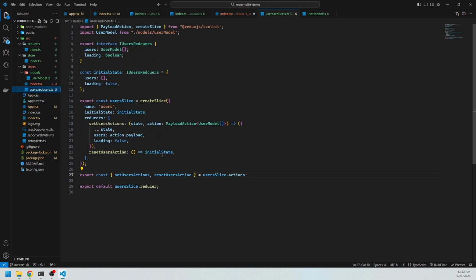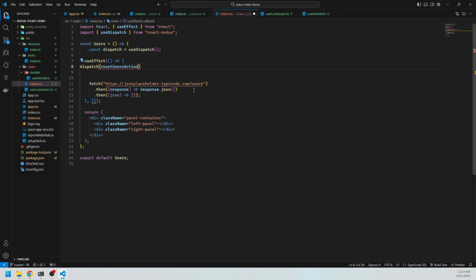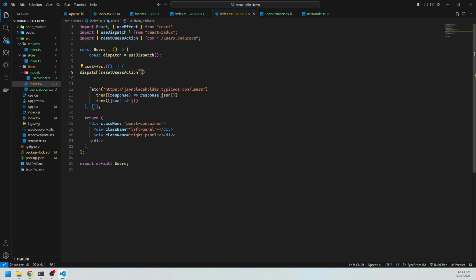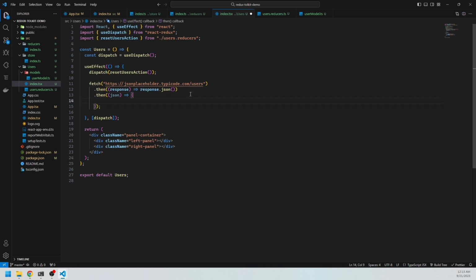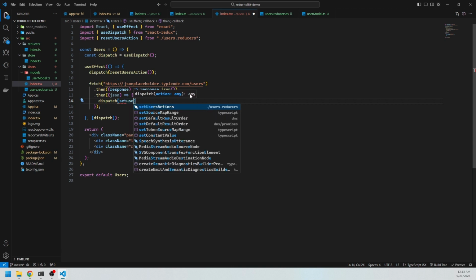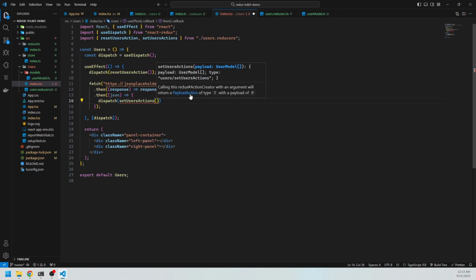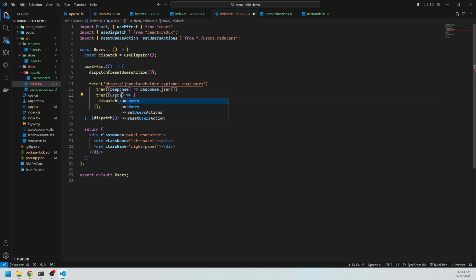Now we have created one action as reset users action. It's TypeScript, so it is crying about making the dispatch a dependency. And here we can use dispatch set users action as, we can name it from JSON to users,